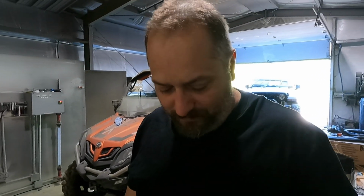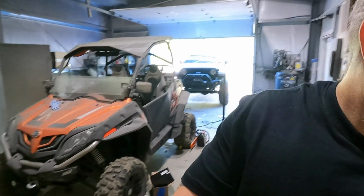So it has the Alpine sound system with the factory sub, and it sounds decent as it is. I'm one of these people, I like to have a lot more clarity, and there's a lot of mid-range, but I don't have a lot of highs. And that's the one thing I'm finding that I don't like about the sound in this. So we decided